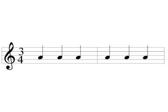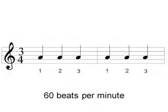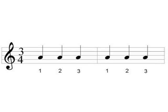Okay, for this example, what I'll do is I'll set the metronome up so it plays a different note on the first beat of the bar, so it makes it easier for you to follow the way that it's being counted. 1, 2, 3, 1, 2, 3, 1, 2, 3. So as you can hear, it's the same pattern for counting. We always start each bar with 1, but this time we're using 1, 2 and 3 because there's only 3